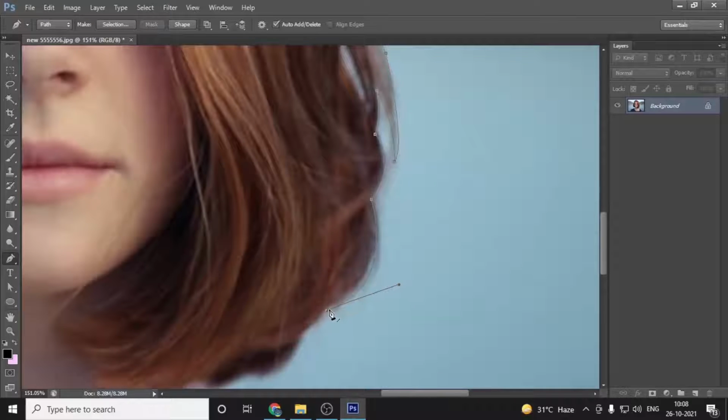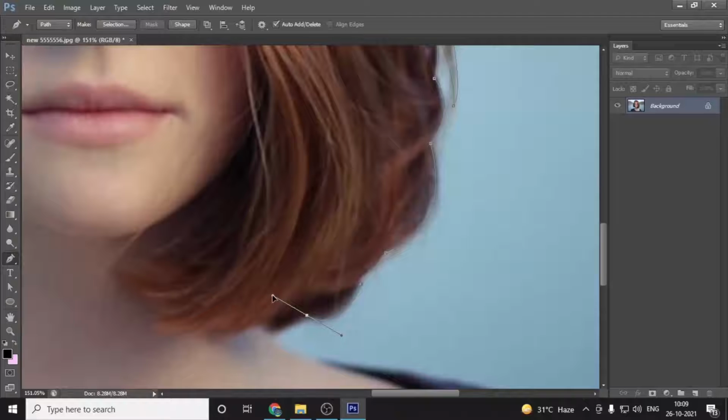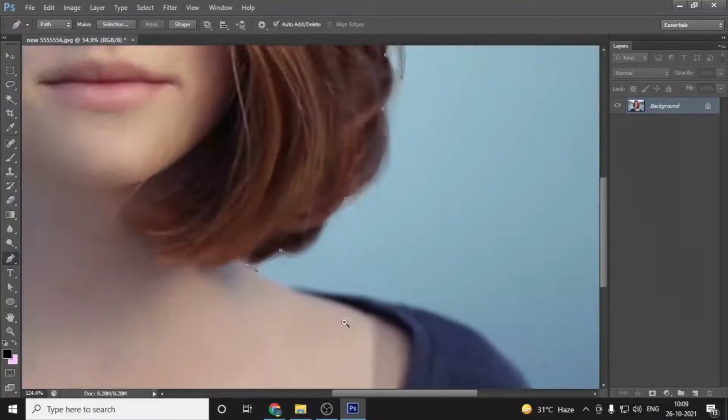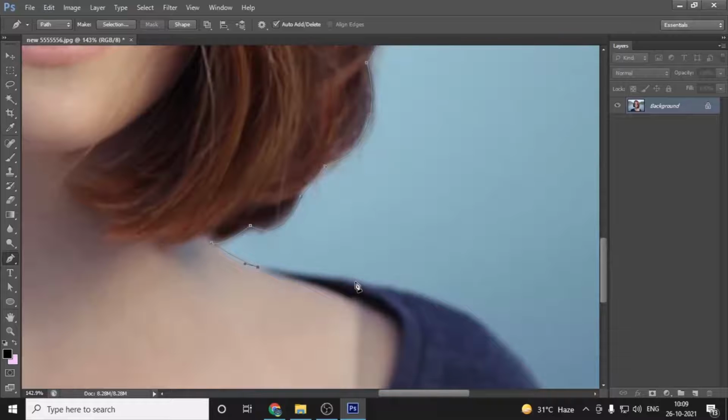You are just tracing the outline of the image. Look, I'm totally half done. Sorry guys, my throat has a problem, that is why I am scrolling sometimes.